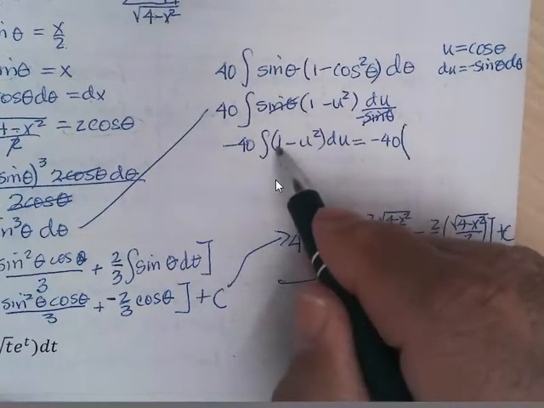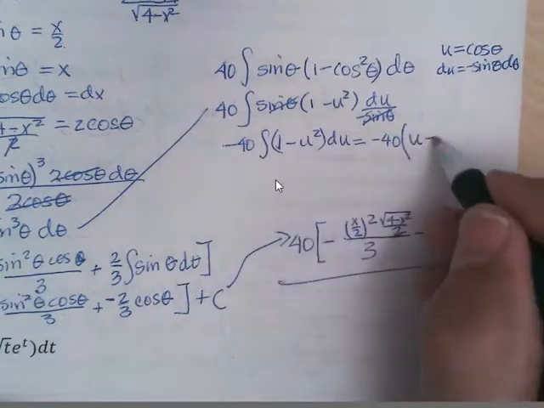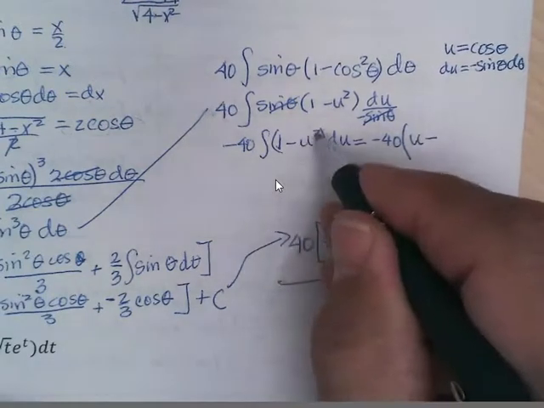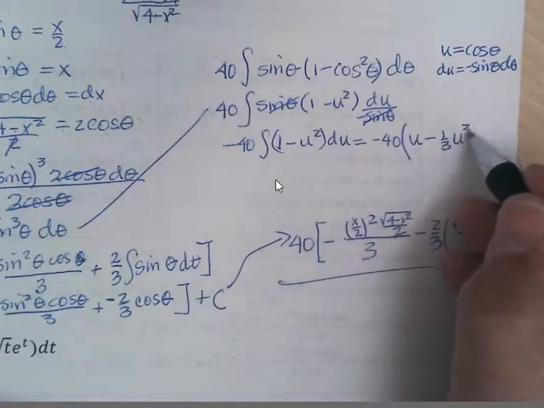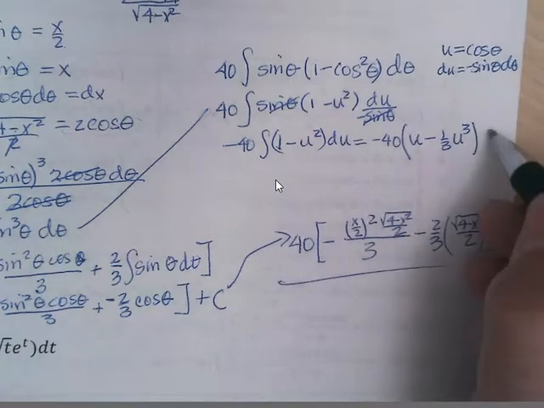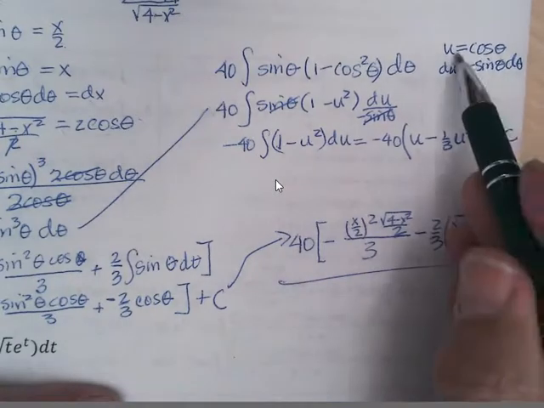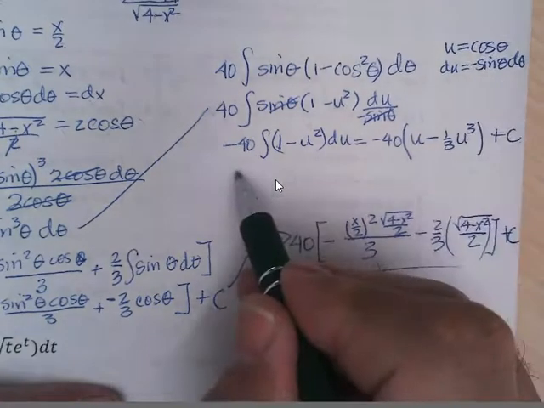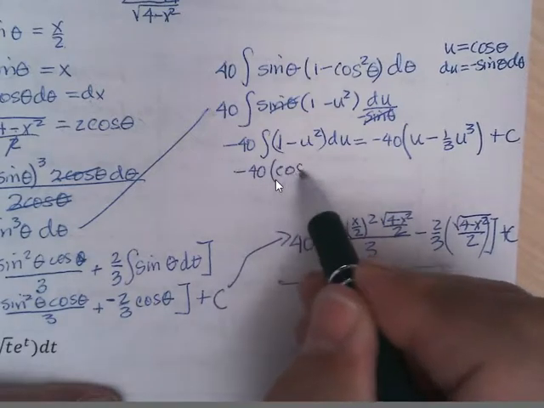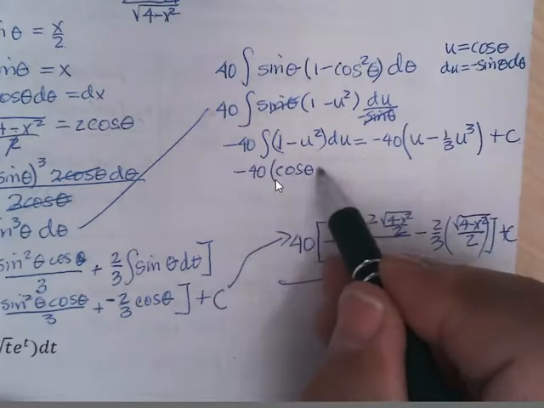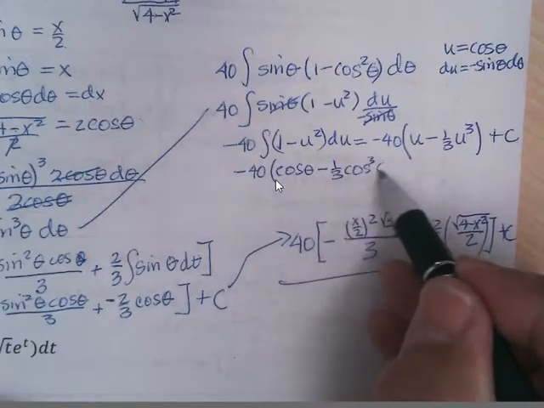The integral of 1 is u. The integral of u to the second becomes u to the third times 1/3, plus c. Then we'd have to change back from u's to cosine theta, so it'd be minus 40 times cosine theta minus 1/3 cosine cubed theta,